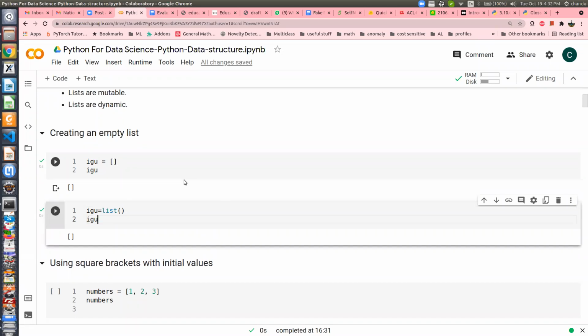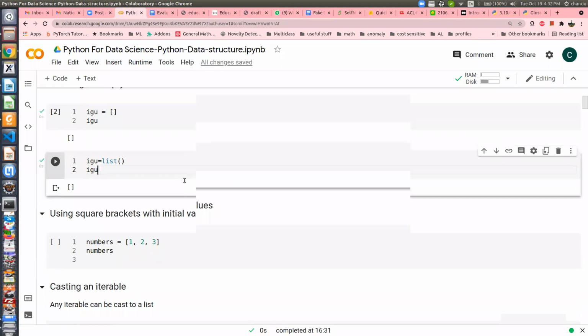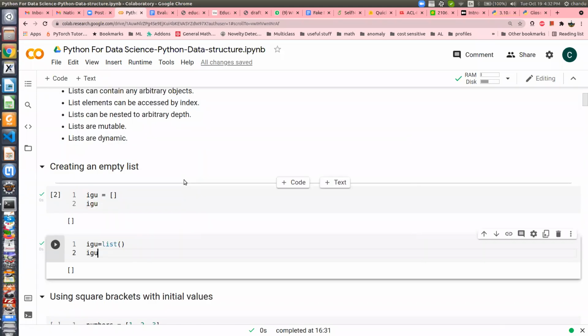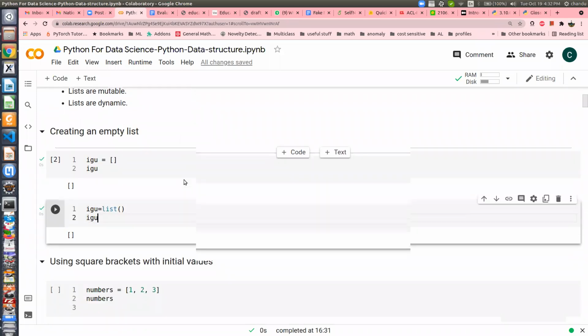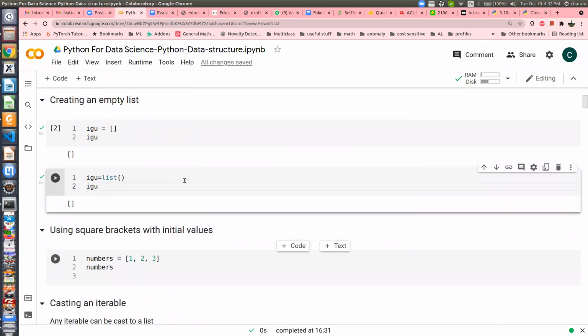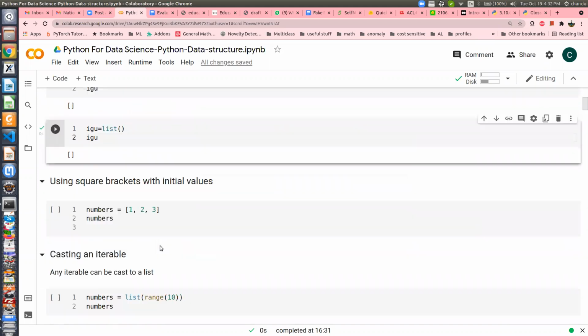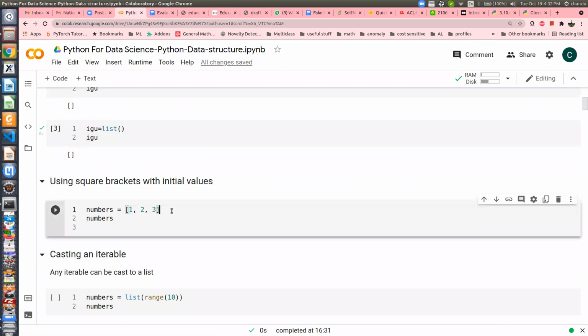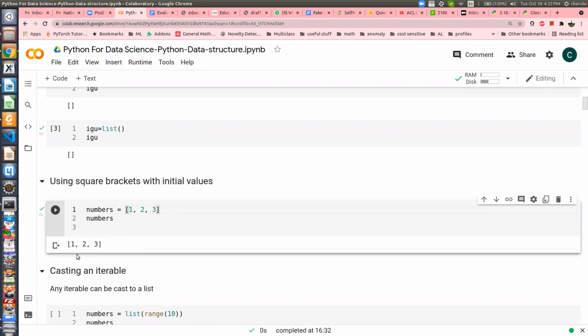Now you can actually insert items in the list. So let us run the next cell and see. Within that square bracket you can put these numbers. Let's say you want to store 1 2 3 in the list, put those numbers inside the square bracket and run it. So it will say okay, this list stores numbers 1 2 3. That's another way to initialize a list. Very simple.